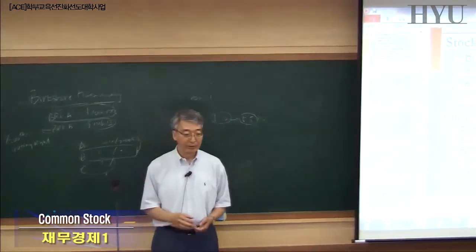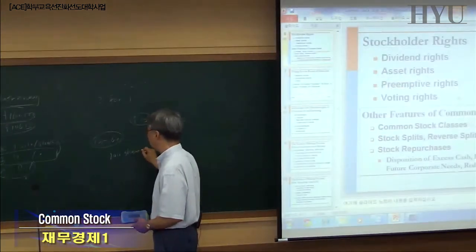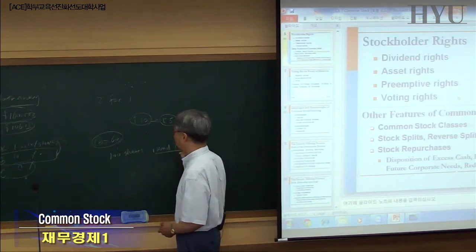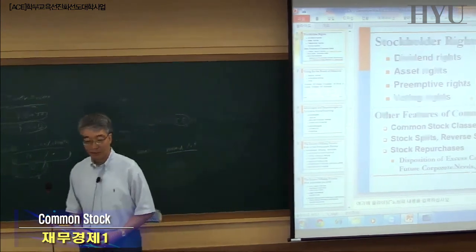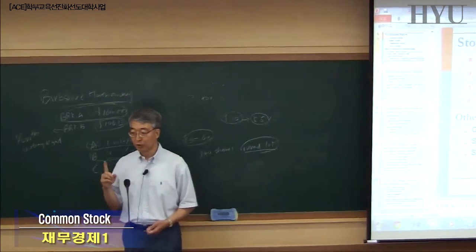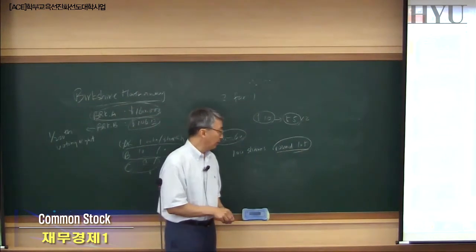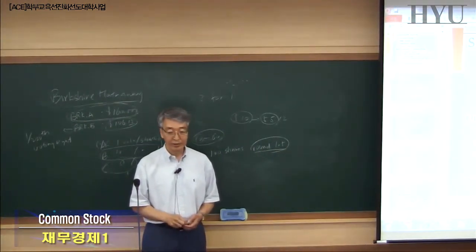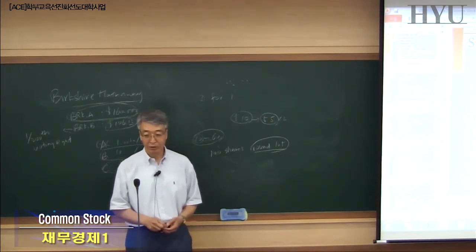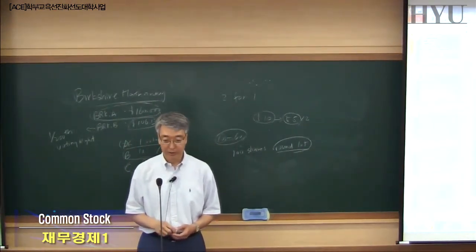Okay? And in the stock market, 100 shares are considered a round lot. I don't know what it's called in Korea, but in English it's called a round lot. So what that means is if you place one order, that means 100 shares. So if you want to buy 160 shares, then it's not a round lot, and I don't think you can place it through an automated system. You have to probably use your stockbroker's assistance.